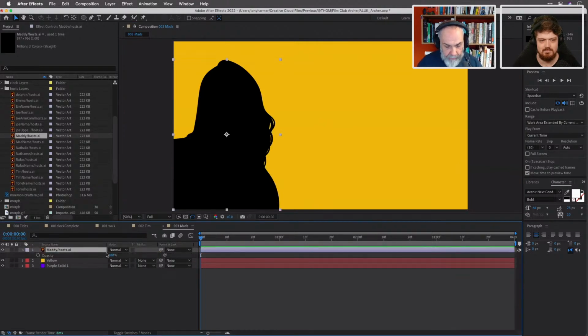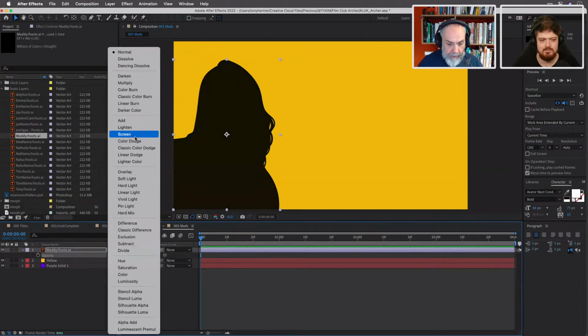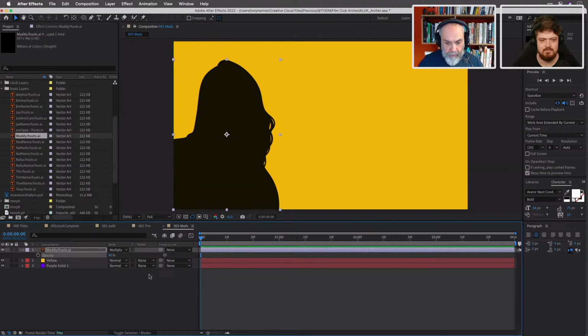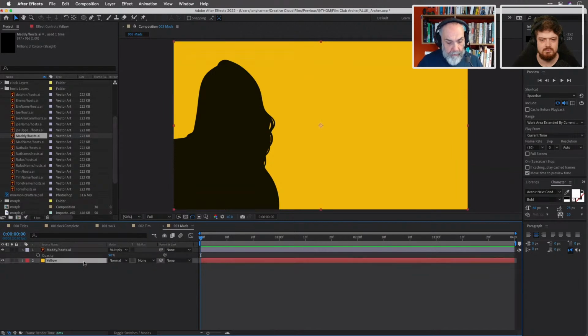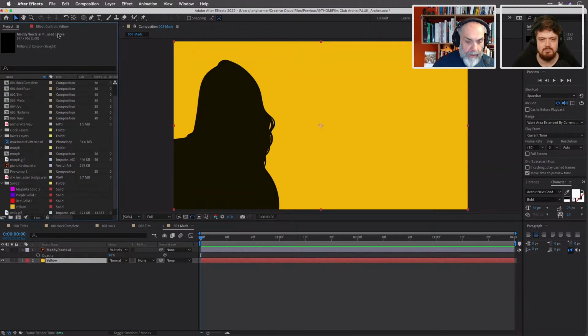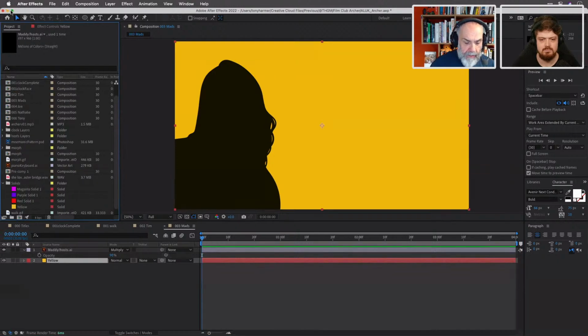Let's change the transparency on Maddie down to 90. And the blend mode, multiply, like so. Then with our yellow comp here, I can get rid of the purple one now. Actually, you don't need it. With the yellow comp here, I'm going to bring in the background. So I'll close up my host layers. Just make sure that's fitting on. I didn't think that was quite fitting on the screen properly.